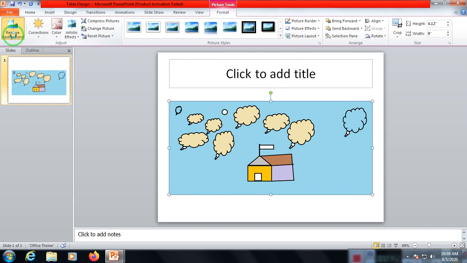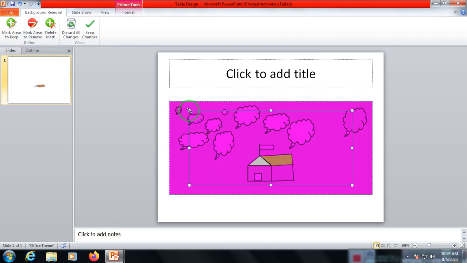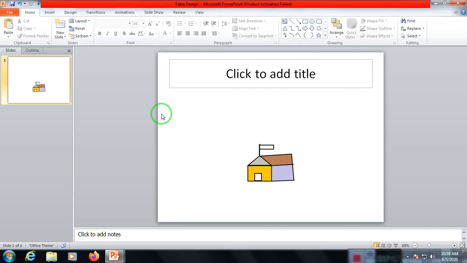As soon as I click on Remove Background, a rectangle appears over here, showing how much background or which particular portion I have to remove. So this is how I have to remove this much of background. You can see over here in the layout how it will be displayed, and I'll click anywhere so that the particular background is removed.